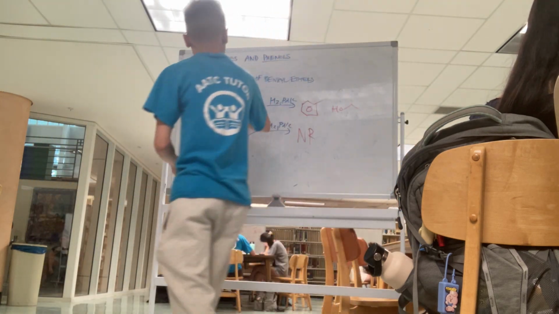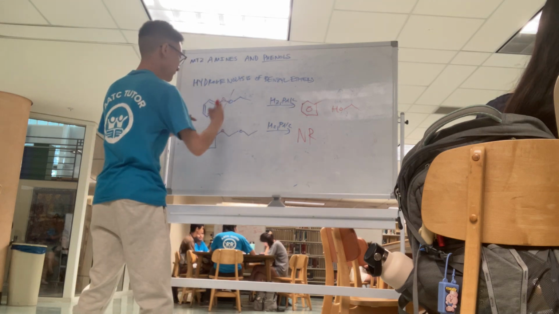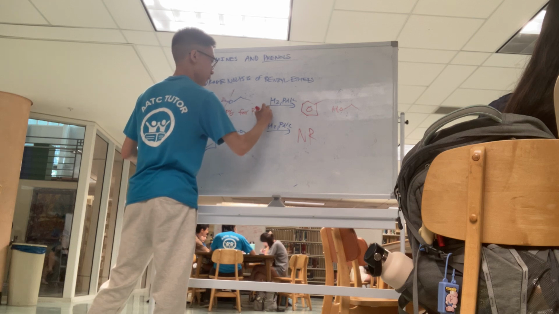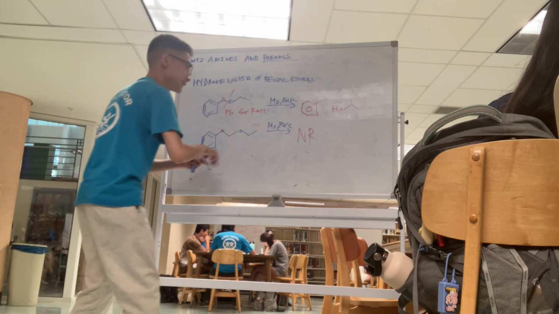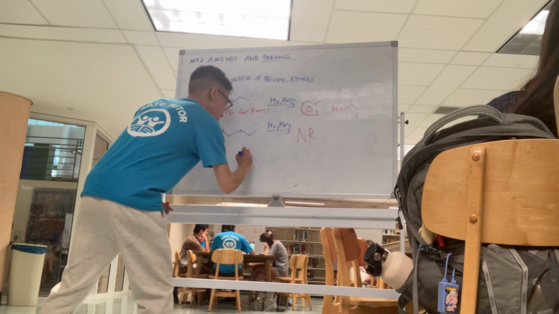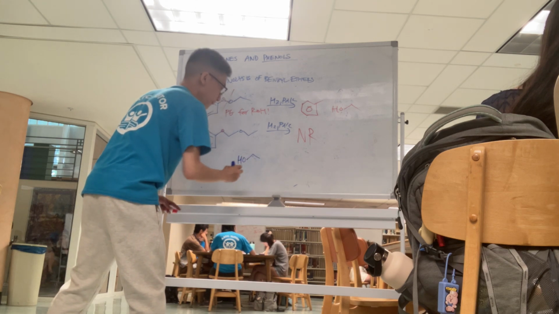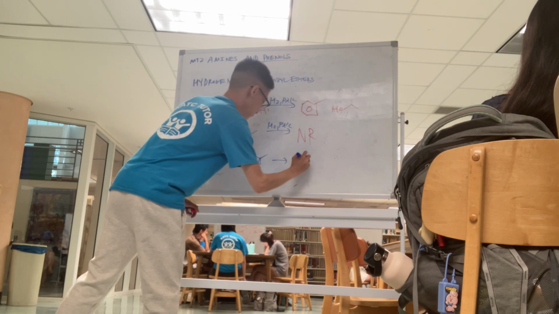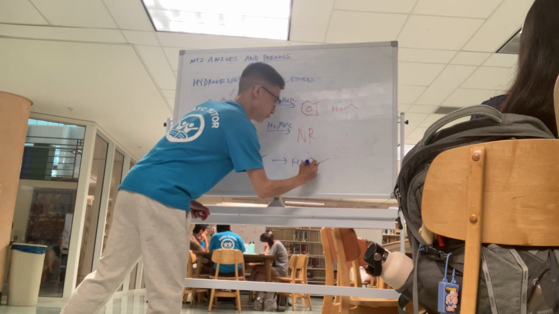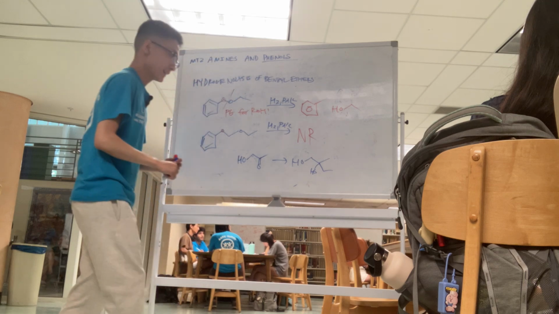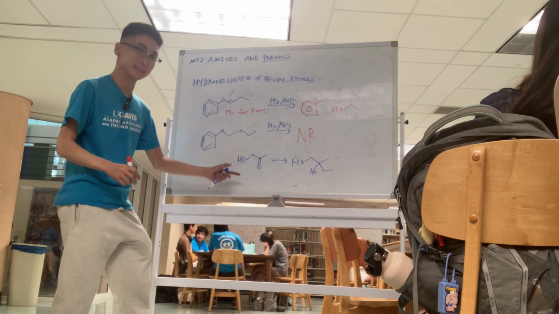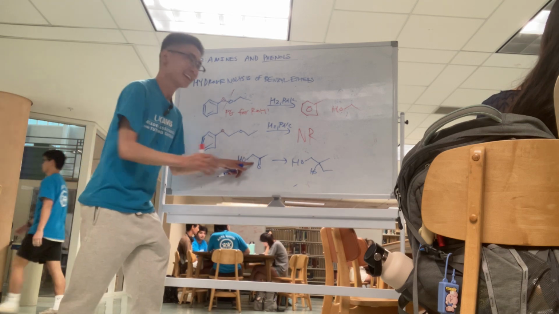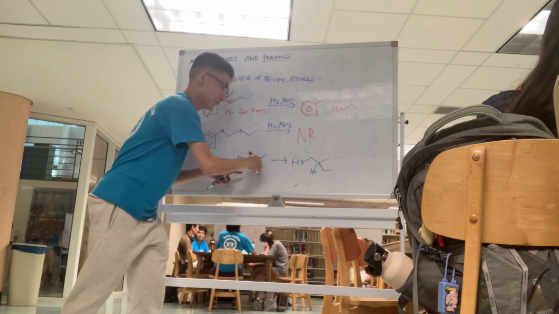So this is used as a protecting group for alcohols, right? Because let's say we have this kind of synthesis problem where we have an alcohol and then we want to do this. You see how for this synthesis problem, we want to do a Grignard reagent on that carbon, carbon to carbon, right? Like this is the RMgBr that would attack that carbon and pop that up there